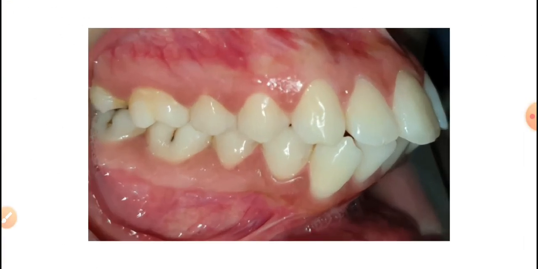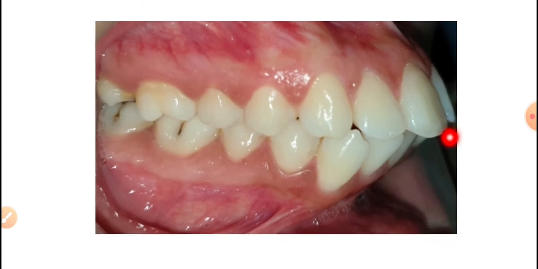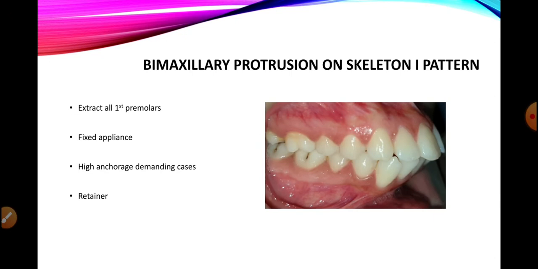As we can see here, the incisors are more proclined, and both of them need to be retroclined. Both of them need to be taken back to their normal inclination in order to achieve harmony, a balance. Therefore, in cases of bimaxillary proclination, both the upper and the lower incisors need to be retroclined, and this reduces the overjet and it creates a harmony. But